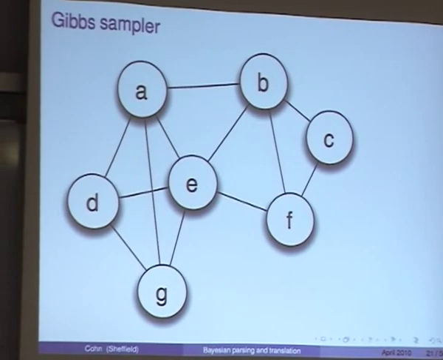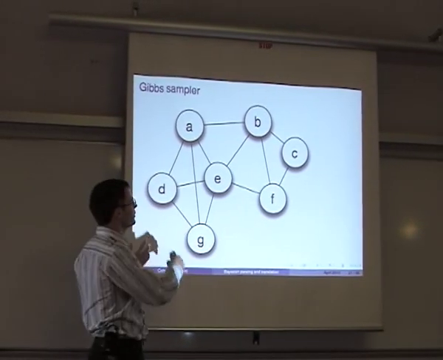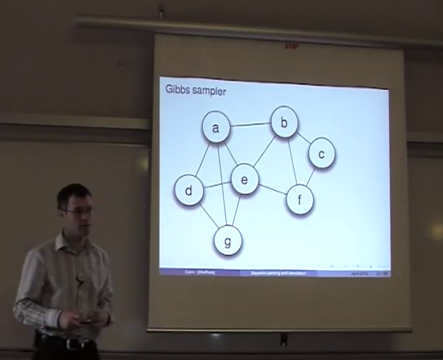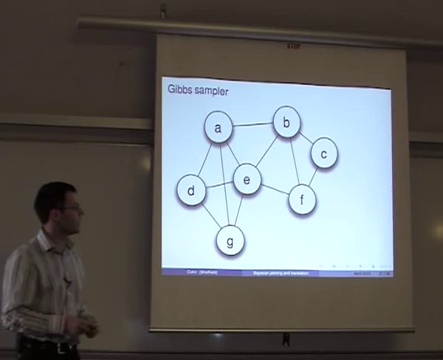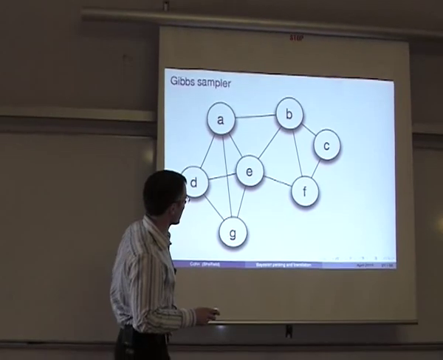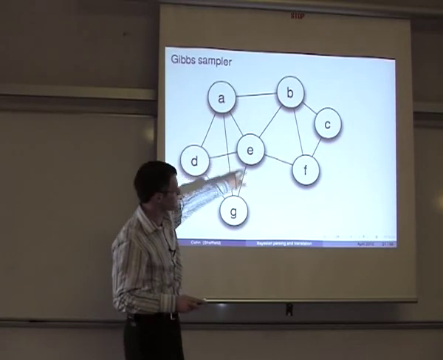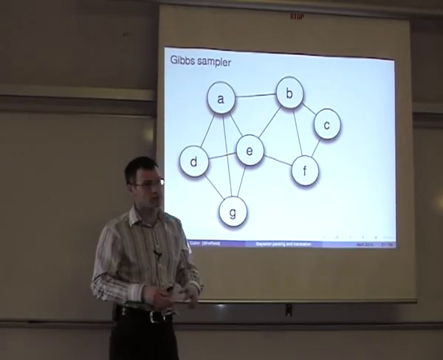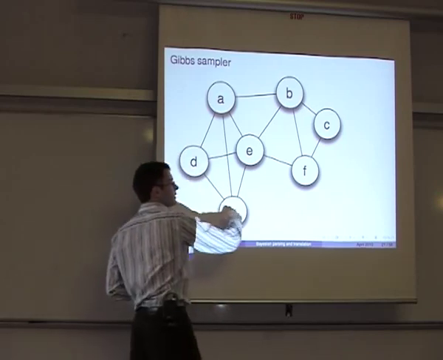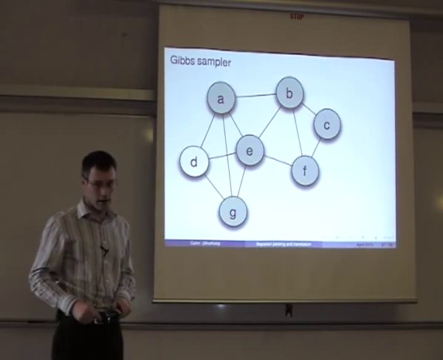So in general, the idea with the Gibbs sampler is that we have all these different variables. We want to be able to draw samples of all the variables' values that are consistent with our model. So we want to draw them from the posterior of our model. So this is a sort of toy situation where we've got A through G variables, and we want to get the values of all of them. The edges between them show the conditional independences, in that if there's no link between two nodes, the two nodes would be independent, given the nodes that separate them.